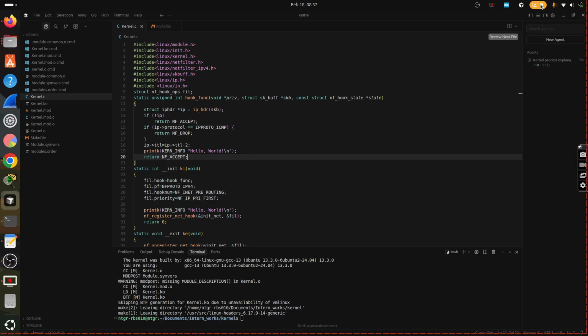Now our task is to hook the packet from Netfilter and then decrement the TTL value. For that we need to register with the kernel that if a packet comes in IPv4, give it to me. For that we need the netfilter.h and netfilter_ipv4 headers. The socket buffer is the data structure which contains the complete packet data. So first we should declare a struct